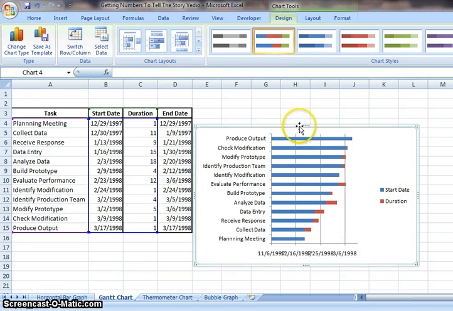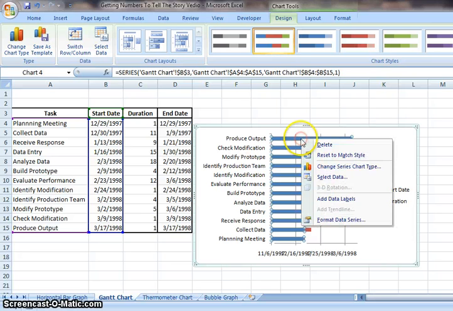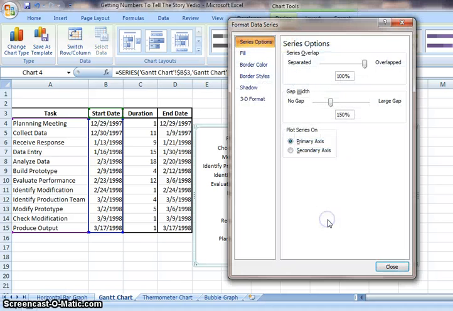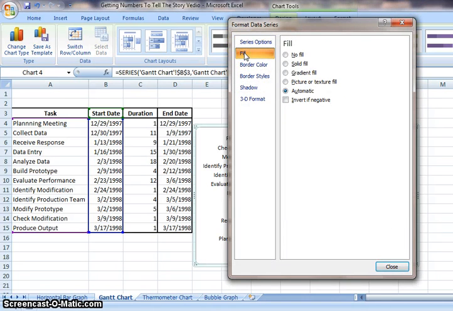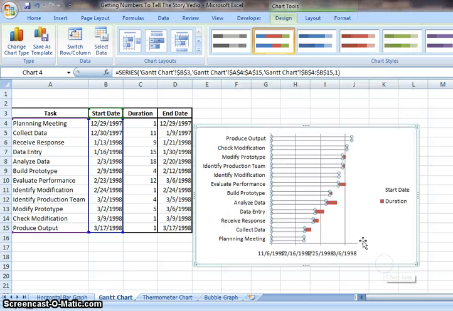Okay, now we have all task names and start date and duration numbers, but we only use the duration numbers, so we can delete these columns. Right click and format data series, and go to fill, and we want to delete it, so no fill, and border color is no line, and close it. Now we deleted all blue columns,